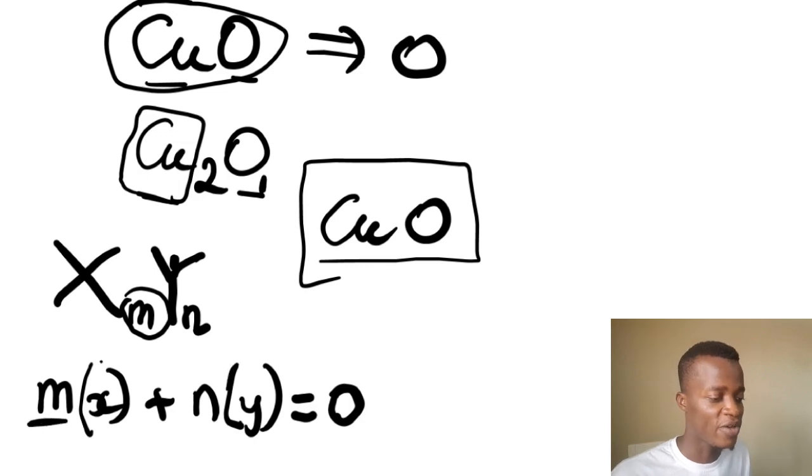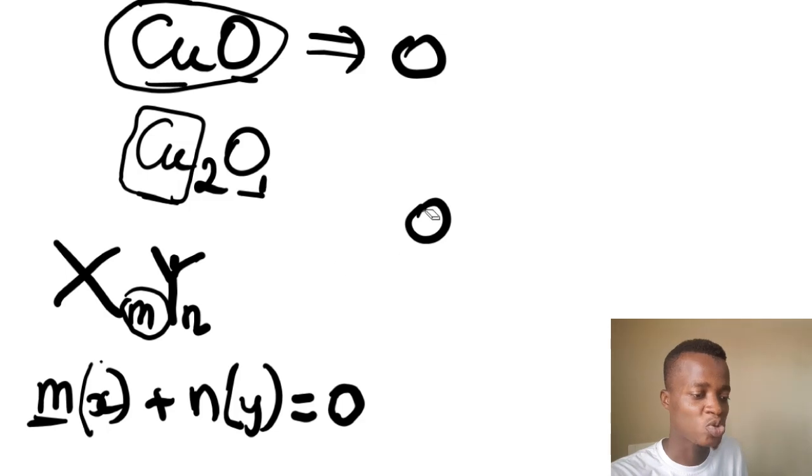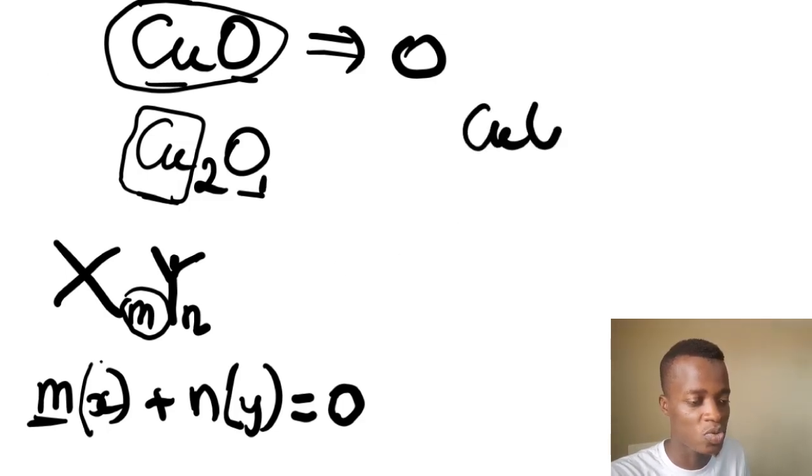You need to know the frequency, which you can see from the compound, times the number of electrons that it is likely donating in that particular bond, plus the other one, n times, n is the frequency of this particular y, times the number of electrons that it readily donates in a bond, will be equal to 0. If we are applying this example on copper 2, the CuO right now,